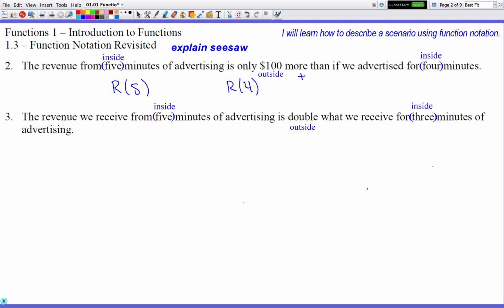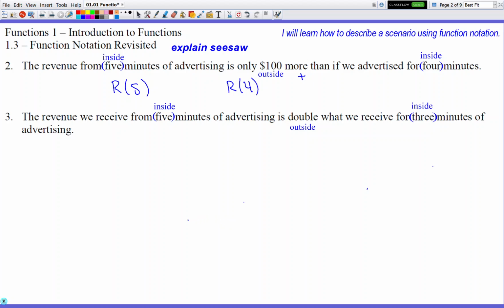Okay, and you might be thinking, why does he say explain seesaw on this slide? Hopefully there are still seesaws in the parks you may have gone to when you were a little kid. But I've been noticing that seesaws have been disappearing from parks. So eventually this example is not going to be understandable to the next generation of kids, who will be like, what is a seesaw? I have no idea what that is. But I think you're young enough that you still had seesaws in the parks you went to. If you don't remember what a seesaw is, it's basically that